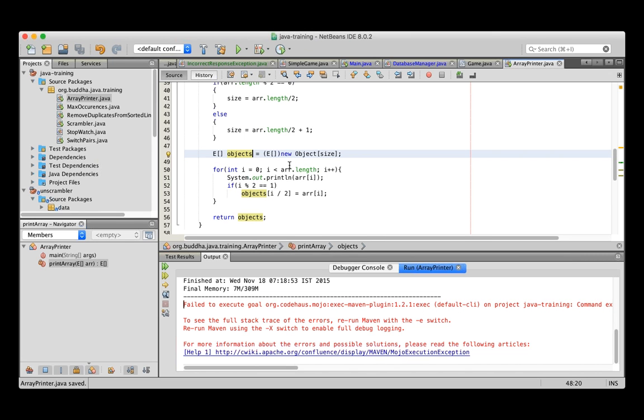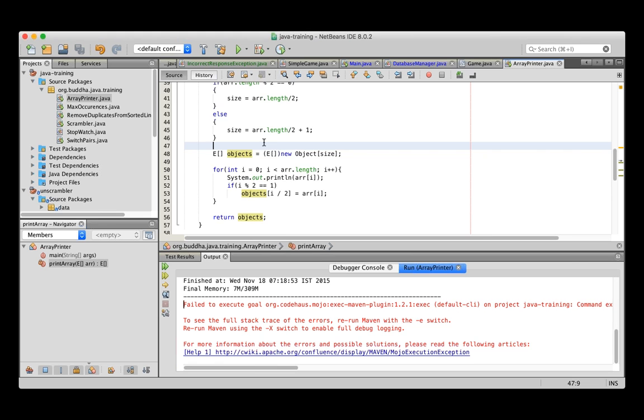Okay, so sorry, I forgot at the time while I was writing. So we cannot directly create a generic object like that, or a generic array like that. What we have to do is create an object array and then cast it into a generic data type. Okay, we cannot directly create a generic array like that. Or even better, we can use ArrayList or something that will be accepting this data type, so that we will not have this kind of issue also. But anyways,